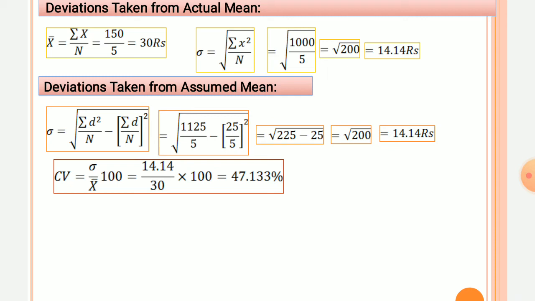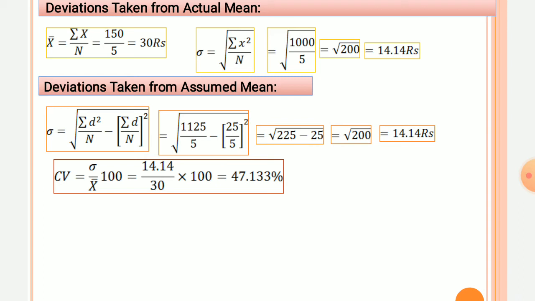So standard deviation is equal to root of sigma d square by n minus sigma d by n whole square. When we use the assumed mean, the formula root of sigma d square by n minus sigma d by n whole square is equal to root of sigma d square 1125 divided by n, the number of observations, 5, minus sigma d 25 divided by 5 whole square, which is equal to,